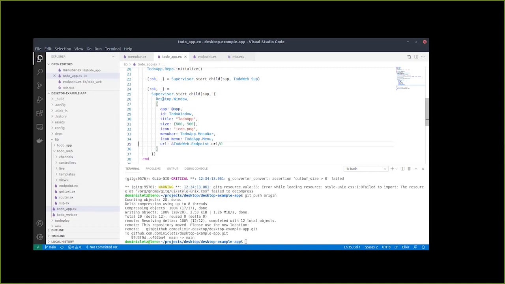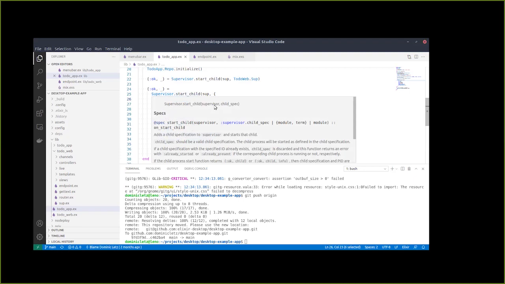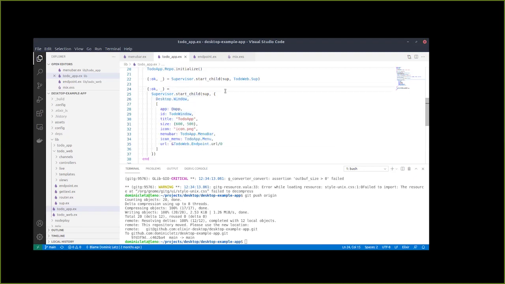The first thing is we start this desktop window. The desktop window is a child we add to our supervisor hierarchy at the top, and we define a couple of items here. This is our application name, which is actually the app name in OTP. We have an ID for our window, a title that we show at the top, the initial size, and an icon.